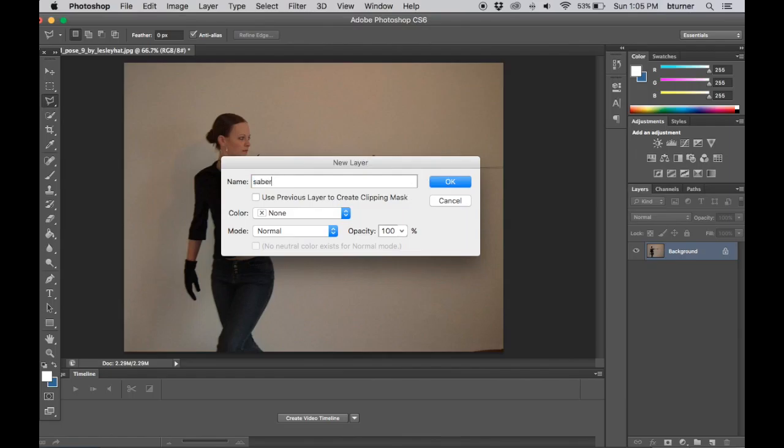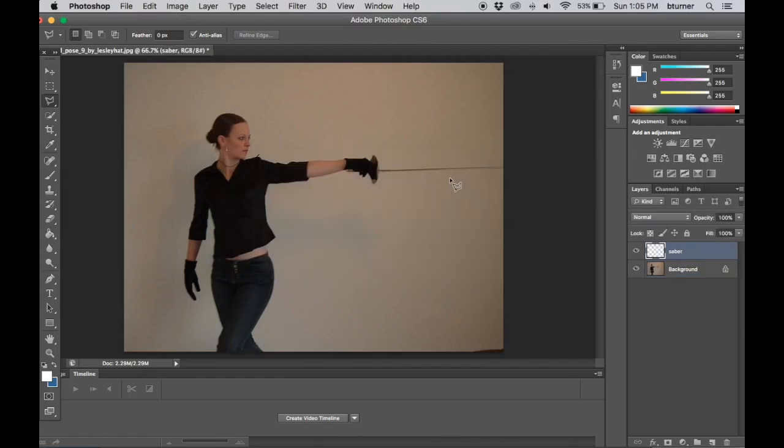I'm going to name this layer Saber so I can keep track of what I'm doing. Going to come over to the lasso tool palette and make sure that I have polygonal chosen. Awesome. Now I'm going to trace around where I want the saber to go. Every time I left click my mouse, it creates a stopping point. Whenever I'm done drawing my shape, I move my lasso tool to the end of where I started and a